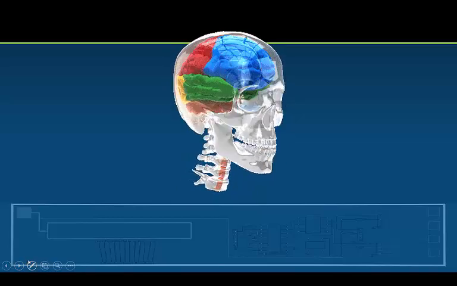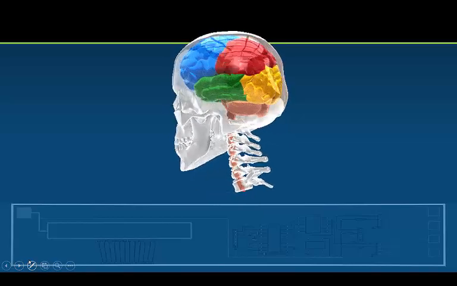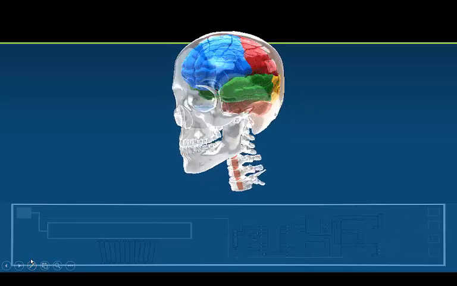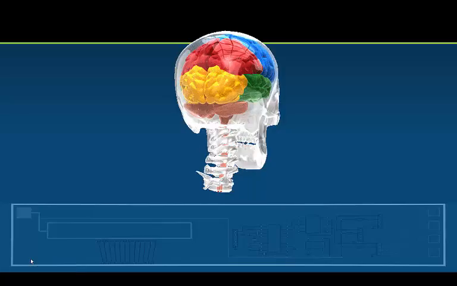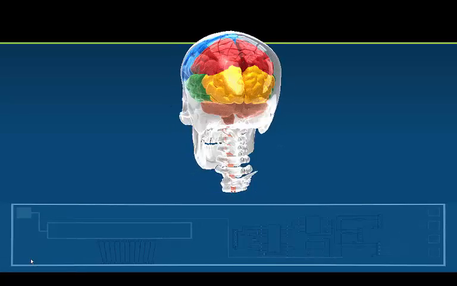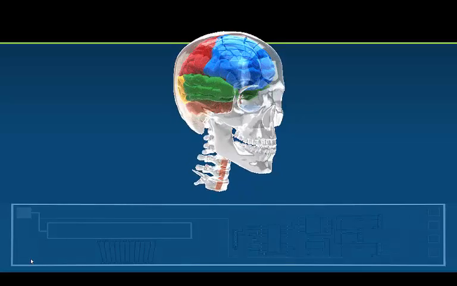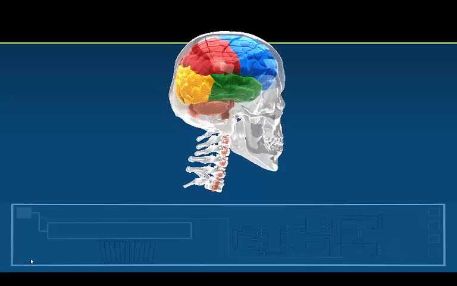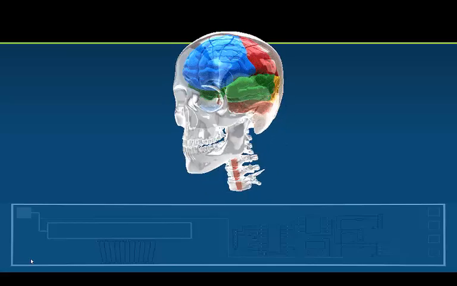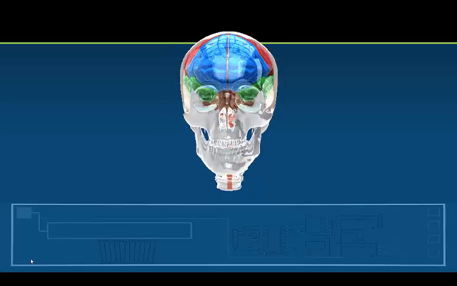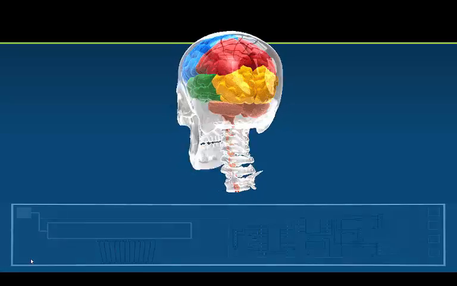Weighing in at an average of 3 pounds in the normal adult, the brain is the most complex organ in the universe. It takes over 20 years for the brain to fully develop, with a processing power and information storage capacity unparalleled by even the most sophisticated computer. In this course, we will explore the brain as it relates to topics that are of interest to psychologists.